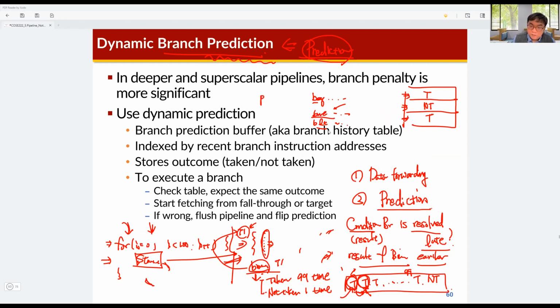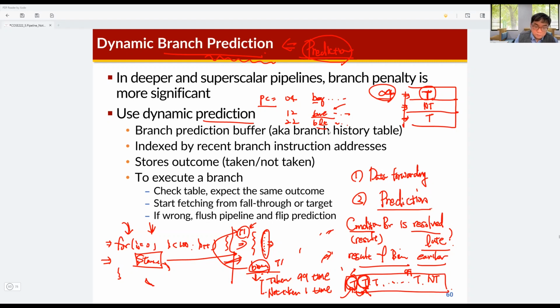For example, if the PC is 04 for this BQ, and 12 is 22, then we can access the previous result of the branch instruction with the PC value of the branch instruction. But we cannot use the entire PC value. We can just use part of the PC. So for this dynamic branch prediction,